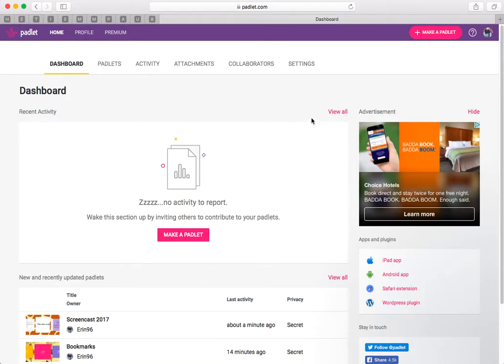So that's how to do Padlet. I hope that you play around with it and realize that you like it as much as I do. And then to log out, you will hit your little profile picture, and it'll just say log out. And then what you'll do is you'll log out,